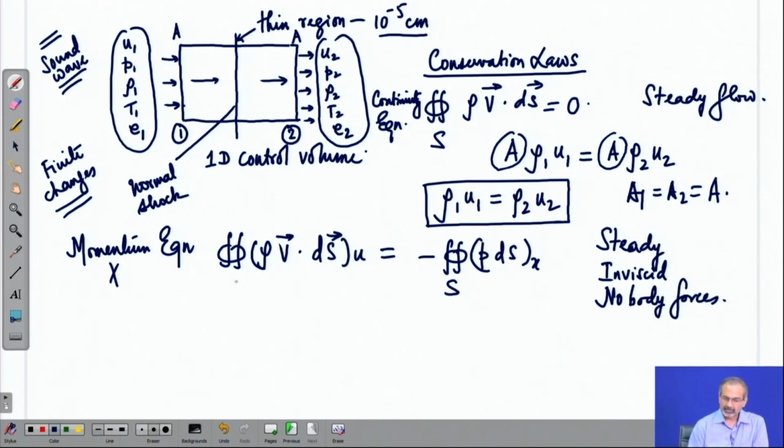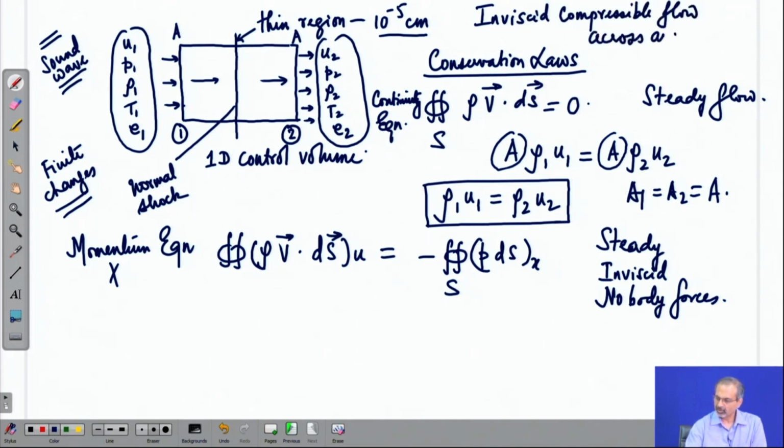That means, we are essentially talking about inviscid compressible flow across a normal shock. Additionally, this inviscid flow is a steady flow, plus there are